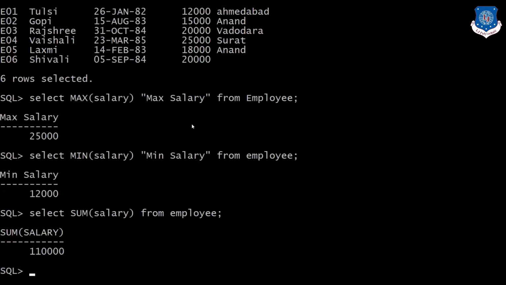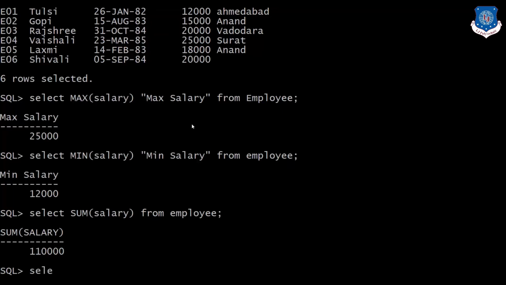Now what if we want to sum distinct values only? Distinct values will be considered for the sum, and all will be considered in case you have not mentioned distinct. So how can we sum distinct salaries?